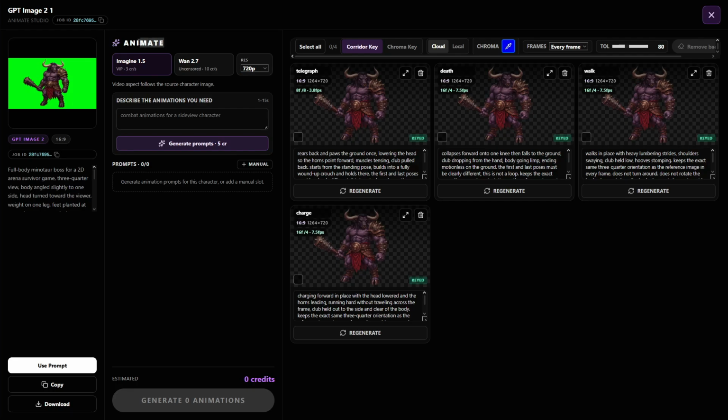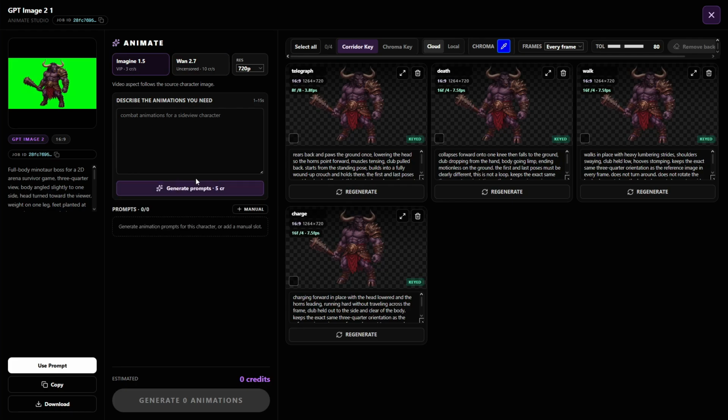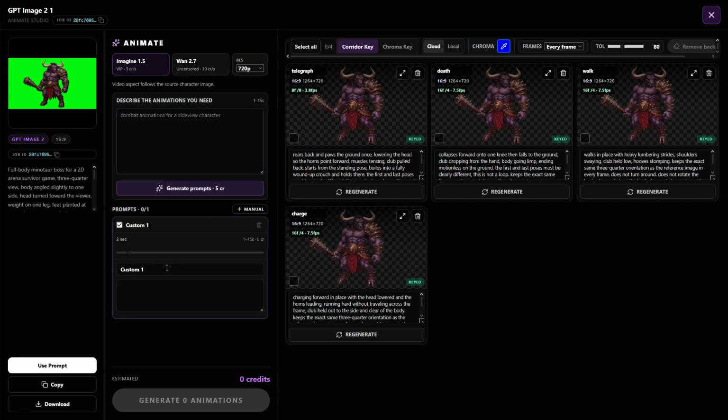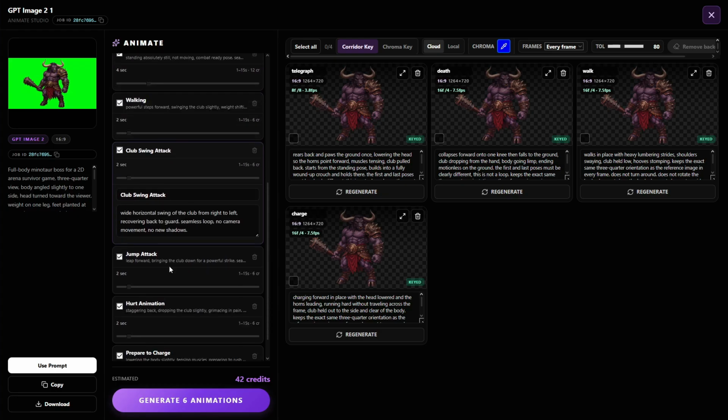And the next part is the animation. Once again, you select any of the models. In this case, I've used this one. And now we have to generate the prompts for the different animations. The cool thing is that you can either type them manually, giving them a title and a description, or you can just click over here on Generate Prompts, and